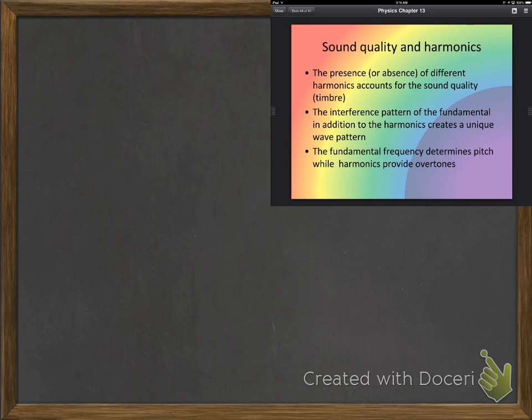So, now we're going to talk about sound quality, which the musicians in the audience, instrumentalists, vocalists, have been thinking about, I know. When you have any vibrating object, you're not just going to have the fundamental frequency happening. You're going to have additional vibrations happening. So the second and the third, you get all kinds of interesting interference patterns between them. And if you remember back from doing interference lines, very seldom do you get a nice, neat wave with interference patterns. You get little jaggy bits and things like that,